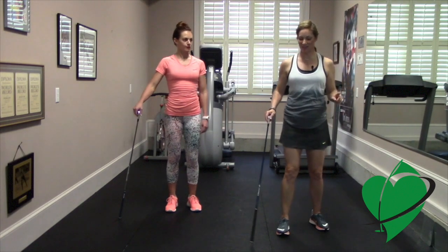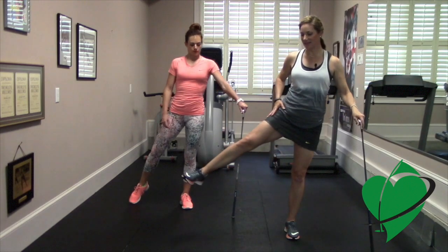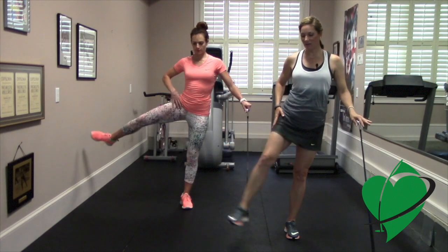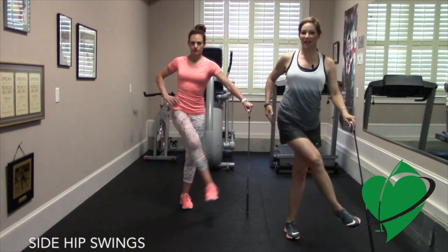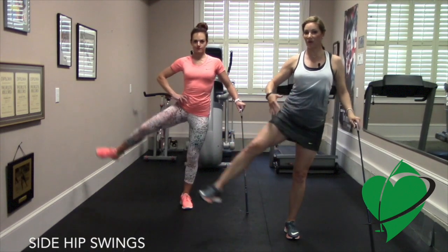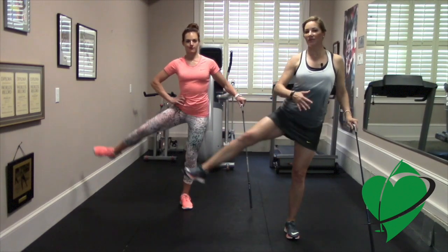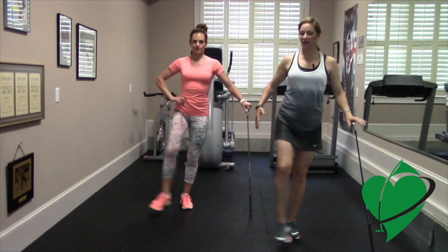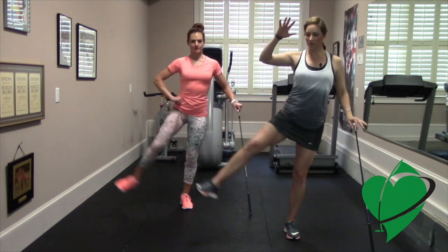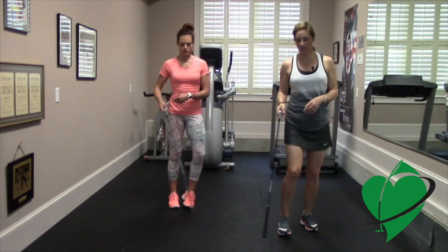All right, the next exercise, use this club as balance. We're just gonna take our hip from side to side. So stretch that leg out and then bring it across. So we're doing the same exercise, but we're taking the hip through a different plane of motion. And this is important in the golf swing because you want to be able to move side to side to shift your weight. So give me 4 more, 3, 2, 1, and go ahead and switch and do the opposite